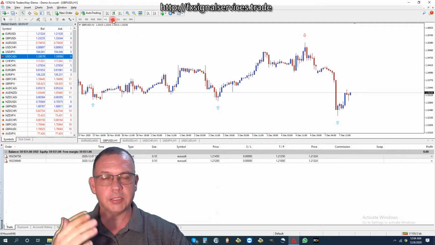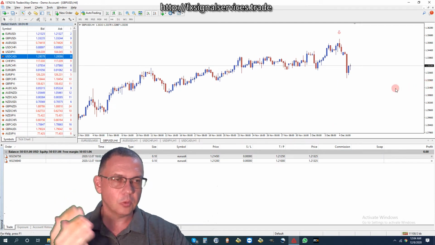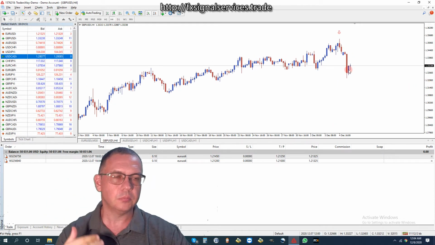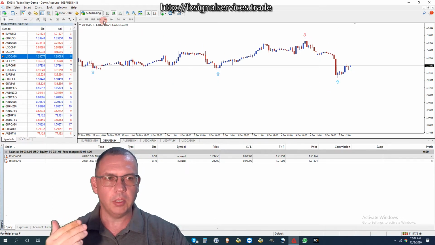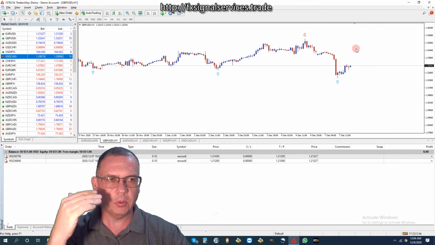But we look at the higher time frames. Look at the 4 hour chart. We have a strong signal to sell, so that's good. Now, it's going to go up some more if you look at the 1 hour chart, and then we want to